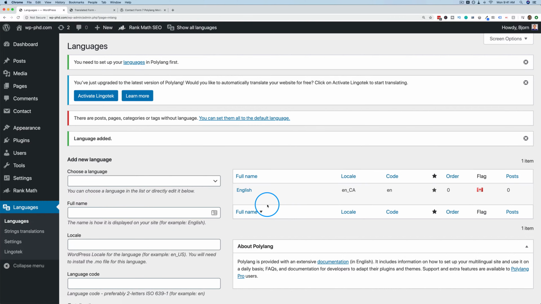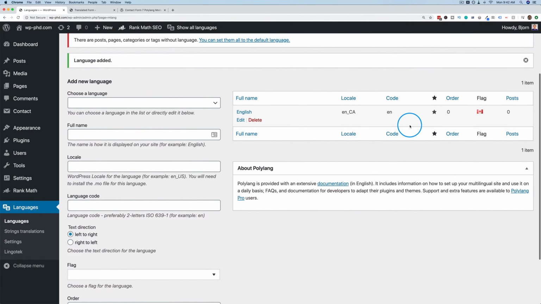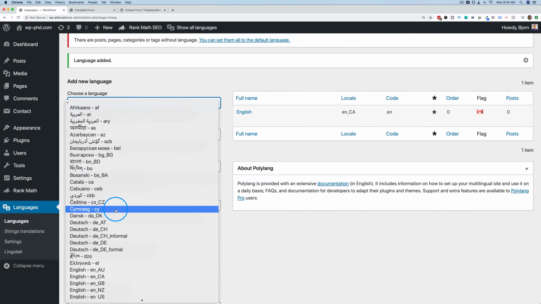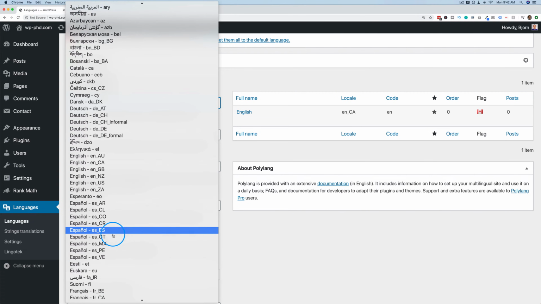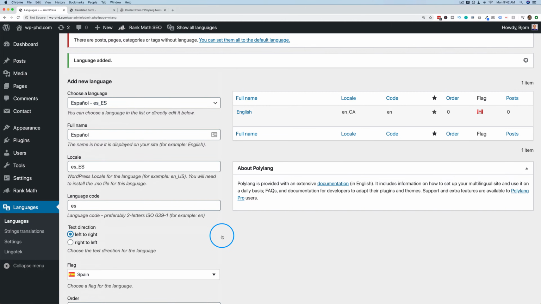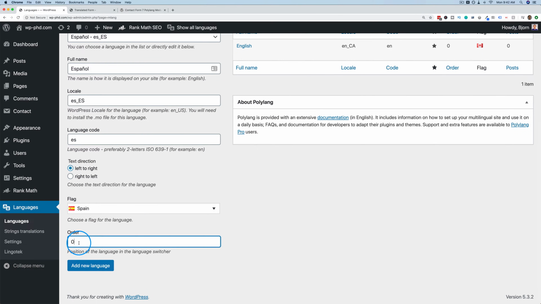We're going to focus just on the contact form in this tutorial. The other tutorial that I mentioned earlier shows you how to translate the rest of your site using Polylang. Now we have English here. I'm going to add another language. Let's make it Español. I don't know how to speak Spanish or read it, but I'm going to use Google Translate because I'm